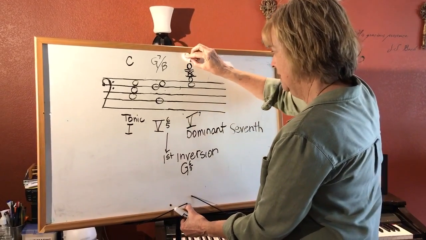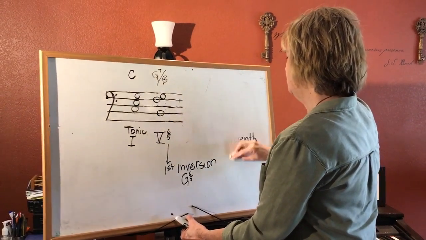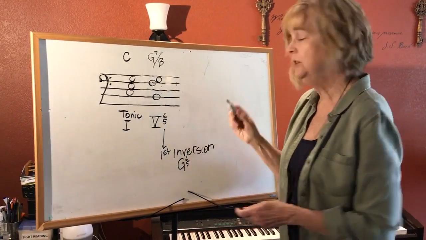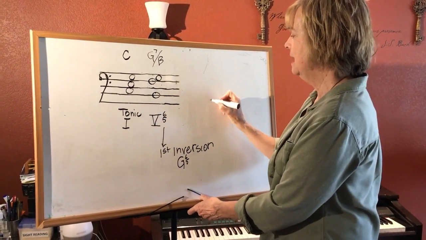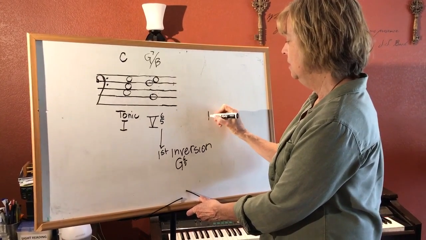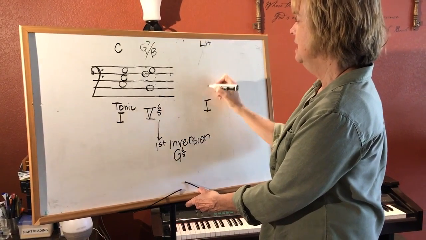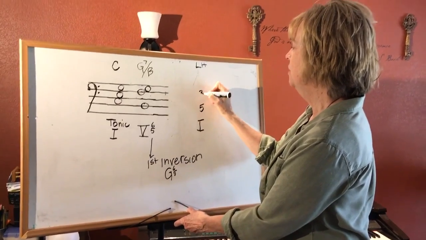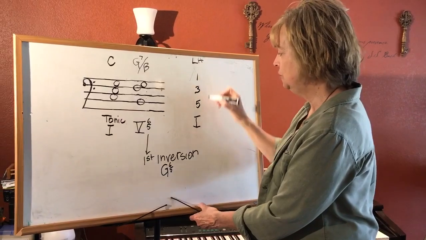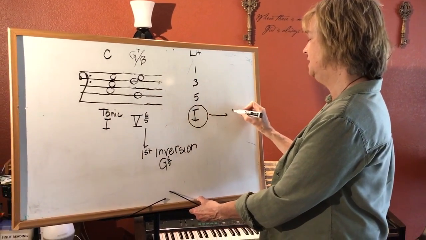Let me get rid of this just for a moment. Now, when you're playing these with the left hand, if I wrote this out as a chart, the number 1 triad would use, and I'm just going to talk about the left hand, fingers 5, 3, and 1, and that's what's going to create our major triad. When we want to get to the 5, 6, 5 chord,